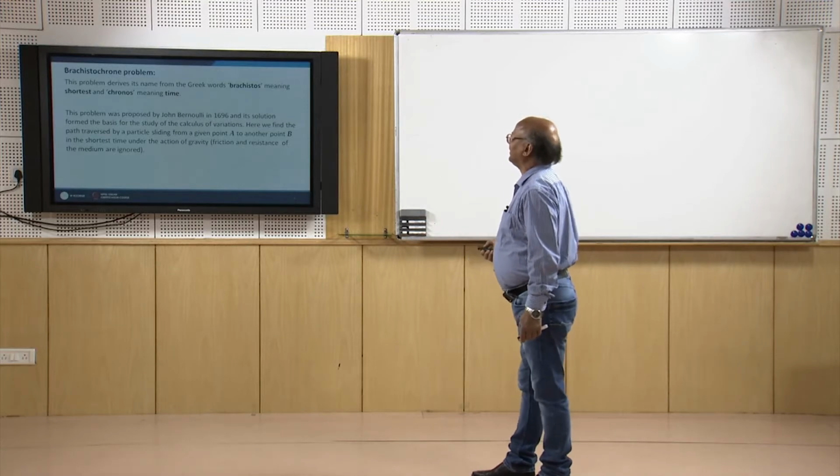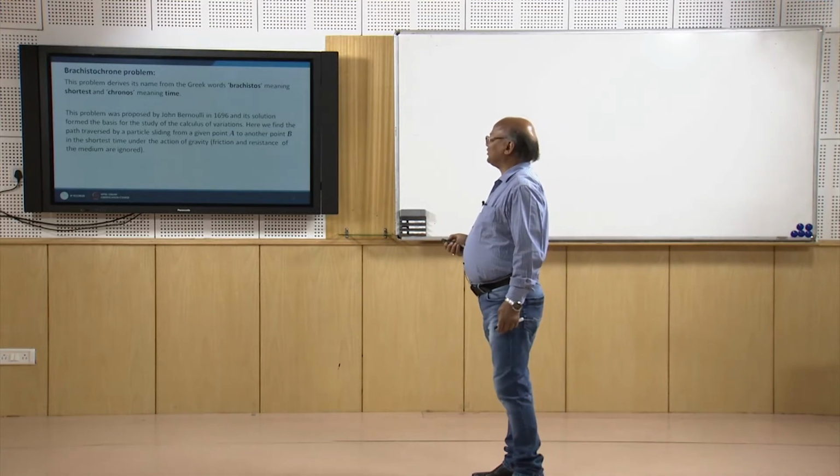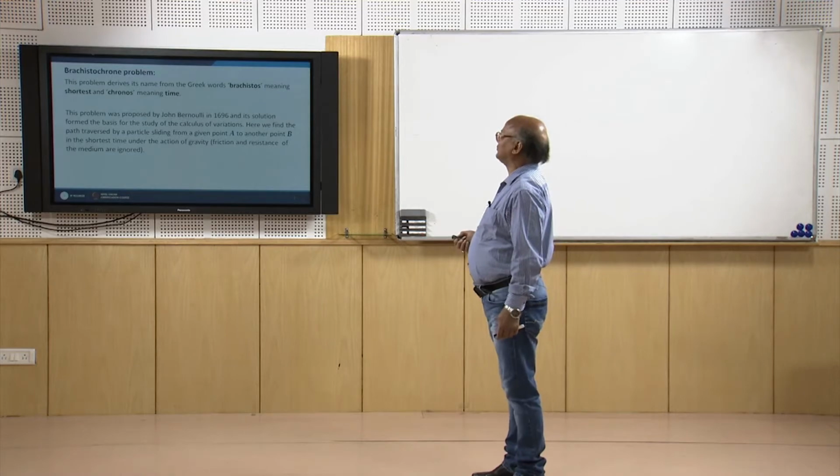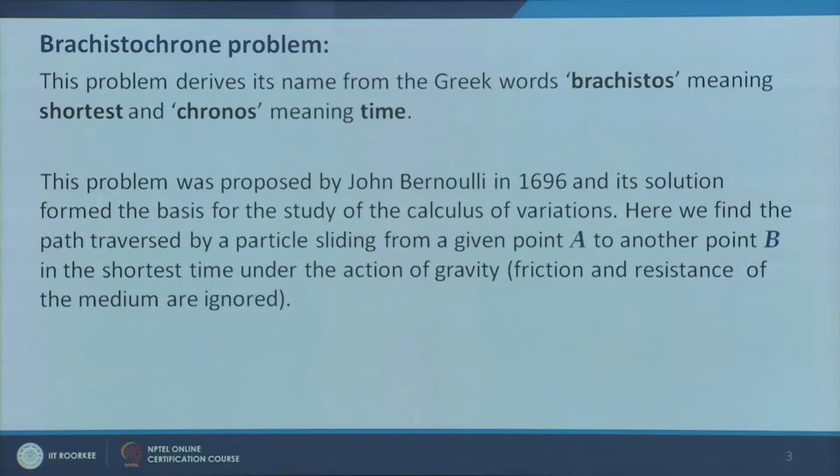This problem which we are going to discuss now, the Brachistochrone problem, derives its name from the Greek words brachistos and chronos, where brachistos means shortest and chronos means time. So the Brachistochrone problem actually discusses the shortest time that a particle will take in sliding down from one point to the other. This problem was proposed by John Bernoulli in 1696, and its solution formed the basis of the study